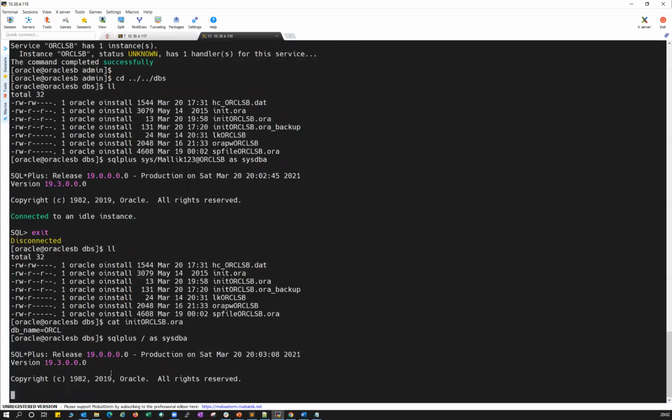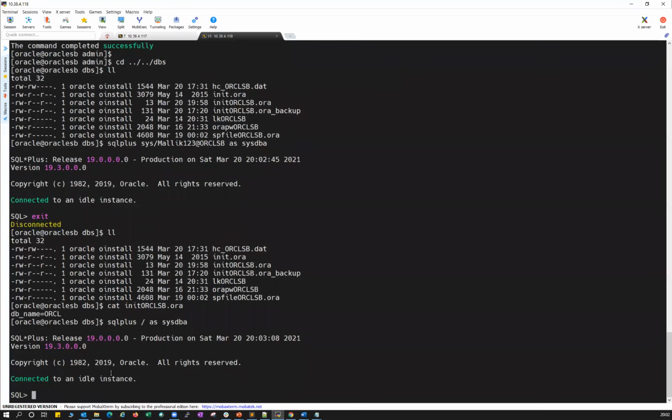sysdba. You need to do startup nomount, because when you do the restore, that is where your database will create your spfile and it will mount your database and it will open with resetlogs. Or if it is a duplicate database, it will open with resetlogs. And if you're building the standby database, it will go up to mount mode, and then you can start your recovery. So I'll do startup nomount.